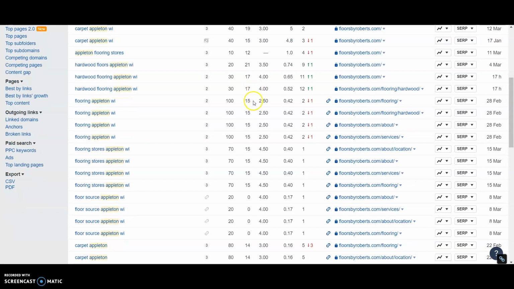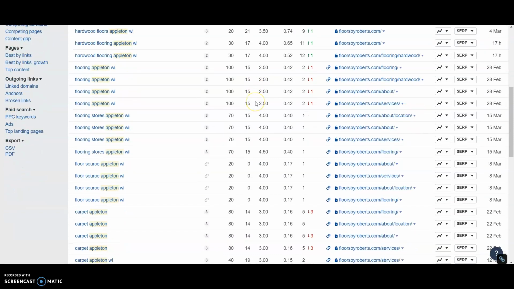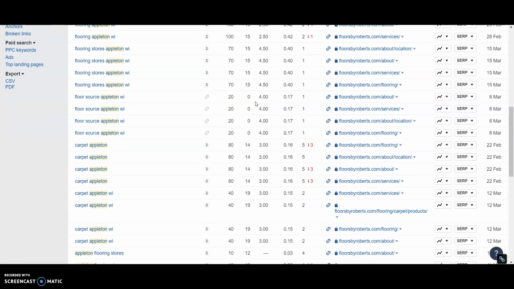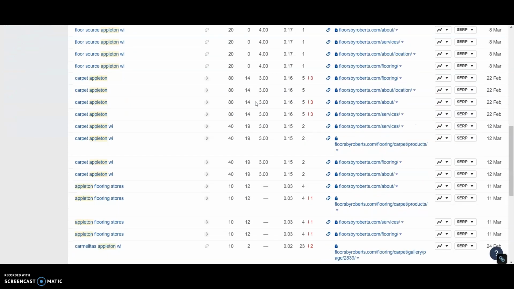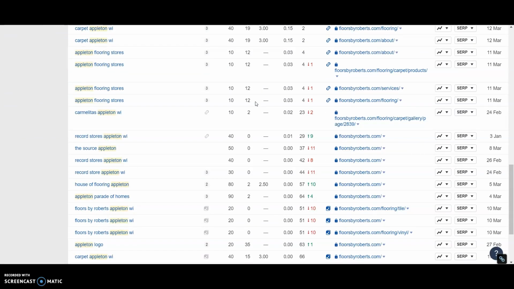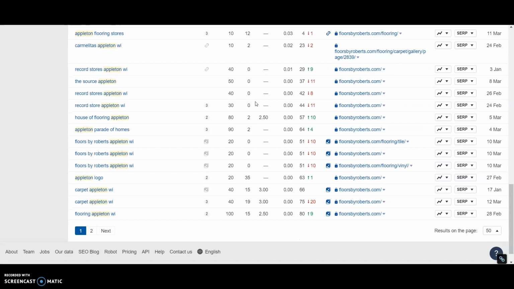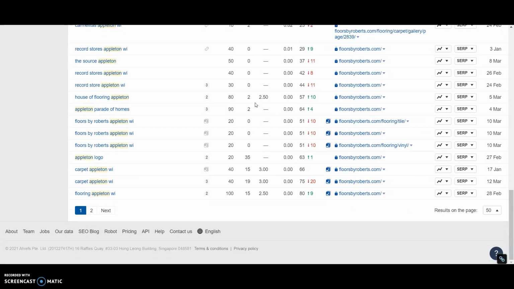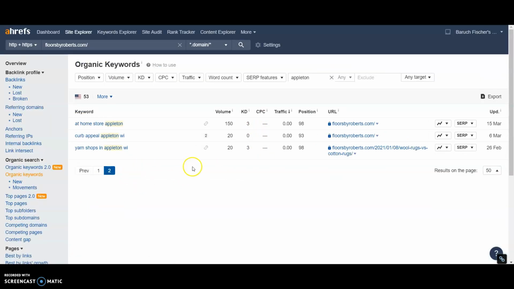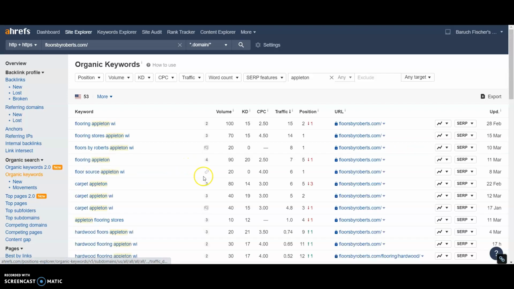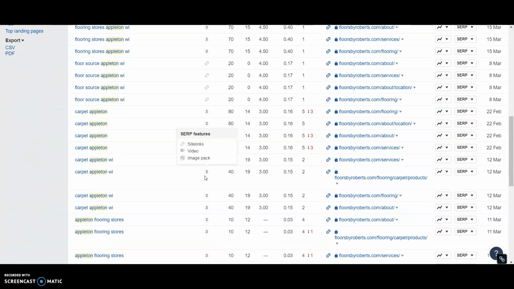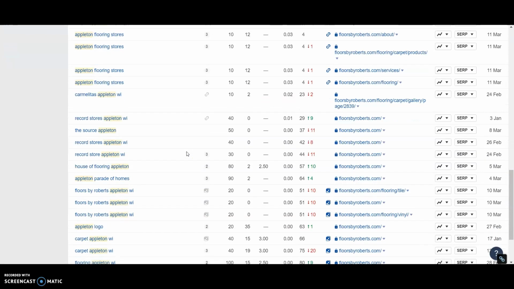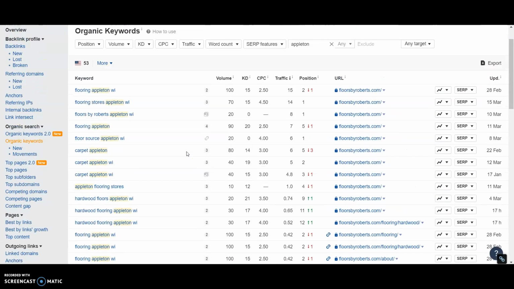12, not hard, but let's see. Carpet. I'm just glancing through here, but we can come in here and we can grab the ones that we like.